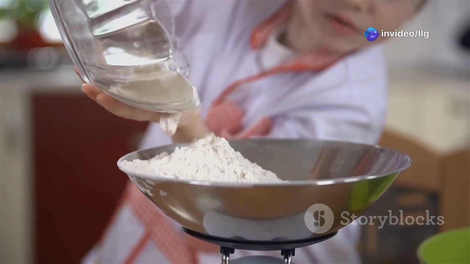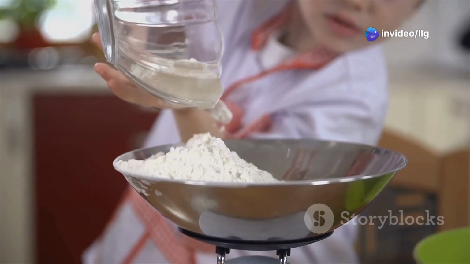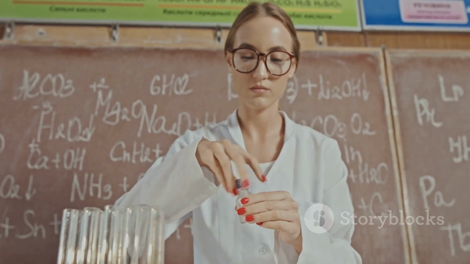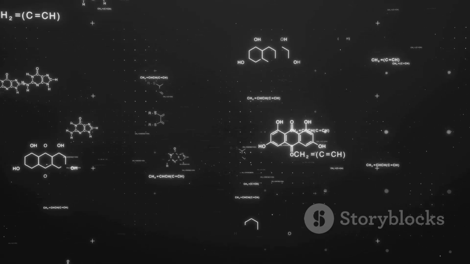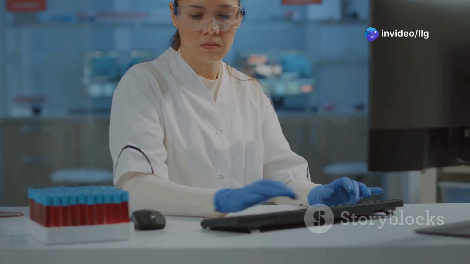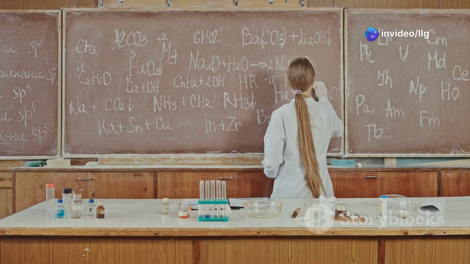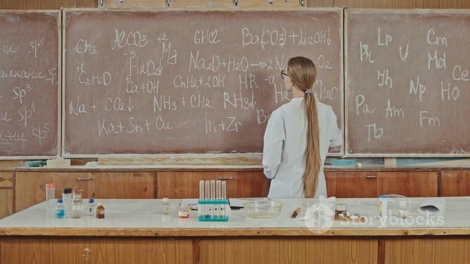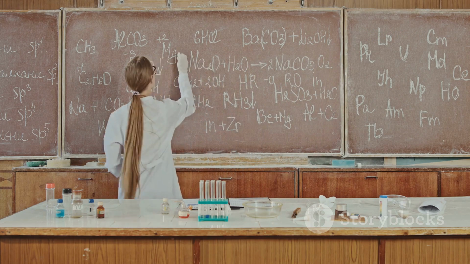Now, imagine trying to bake a cake using just a few grains of flour and sugar. Tough, right? Chemists face a similar problem. Atoms are so tiny that dealing with just a few is impractical. That's where the mole comes in. No, not the furry creature. In chemistry, a mole is like a chemist's dozen. It's a massive number, 6.022 times 10 to the 23rd to be precise, that represents a specific quantity of atoms